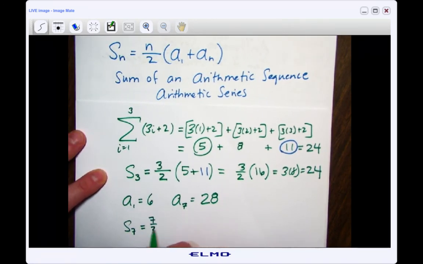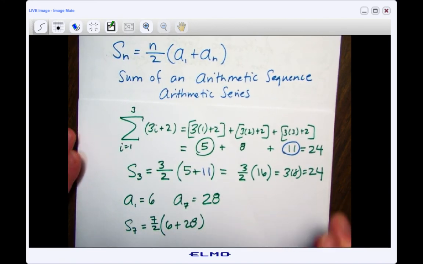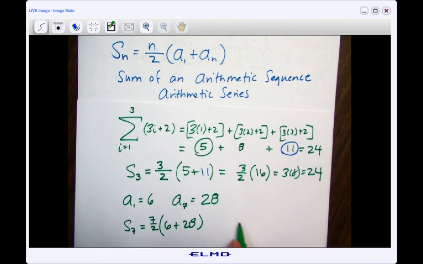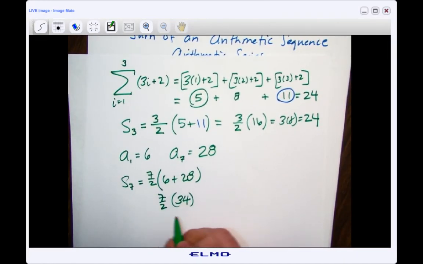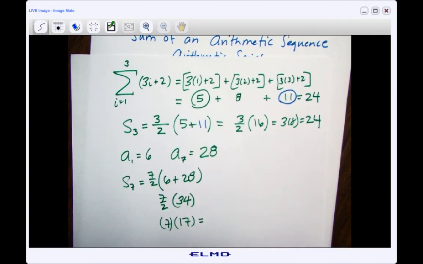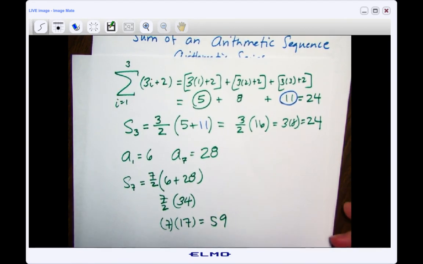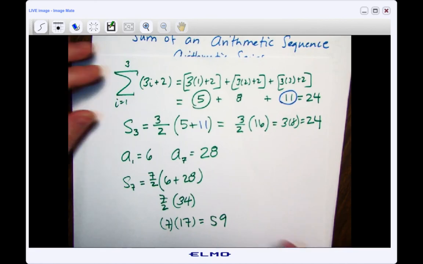So 7 over 2, it would be 6 plus 28. So what's that? 15? No, 14. What am I talking about? 34. Should have picked one that came out real easy to do. And this is going to be 7 over 2 times 34, that's 7 times 17, whatever 7 times 17 is. And there you have it. Okay? So, pretty simple to use. Now, the trouble